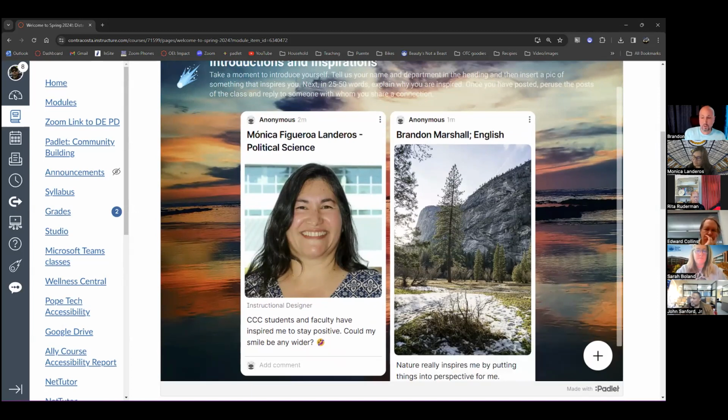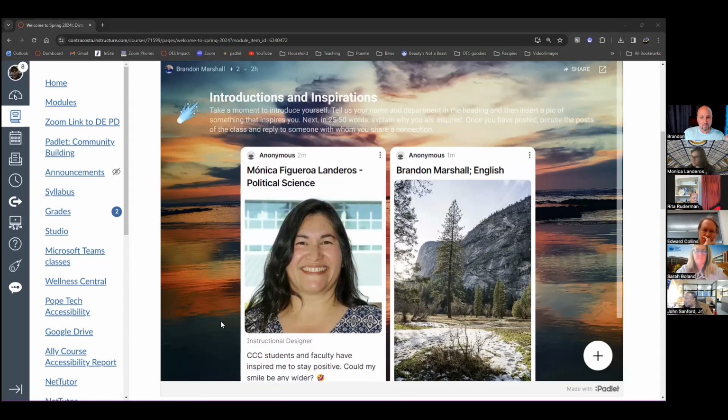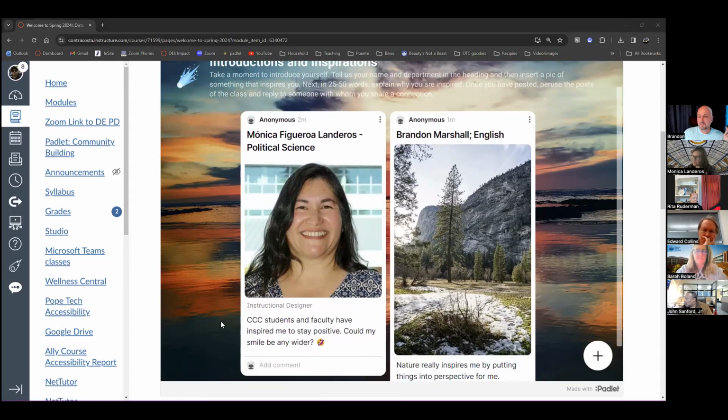Or you can also just double click anywhere in the body of the Padlet, and the same window will open up. So definitely want to see everybody in the room. Post something here, please.